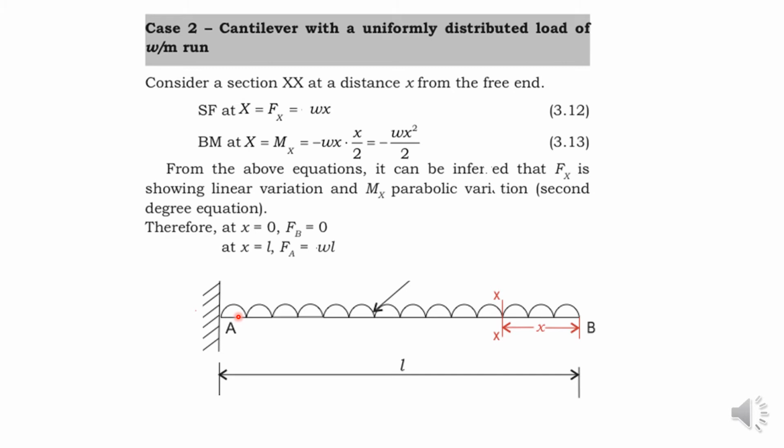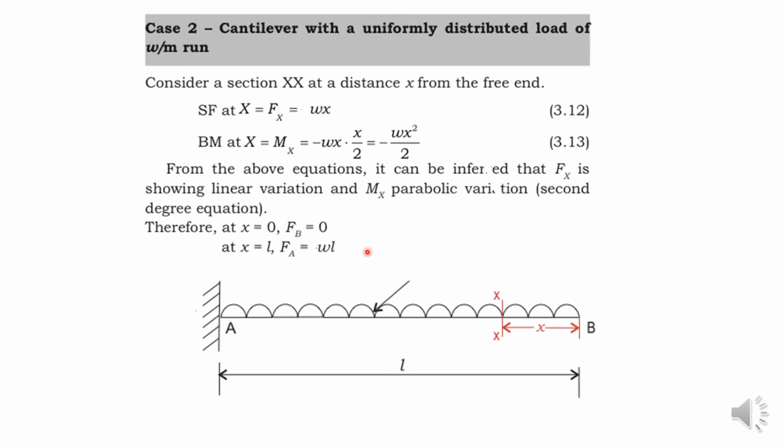Okay, then how will you draw the bending moment diagram for this AB with the UDL? That means consider this section line XX, which is again at a distance H from the point B. Now take the bending moment about this section line of this UDL. So the equivalent point load of this UDL is W into H.